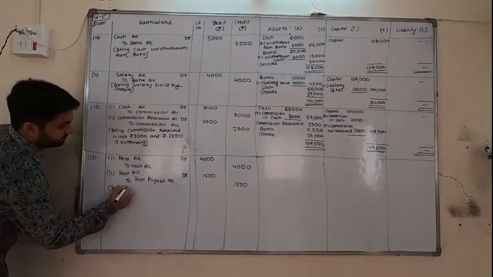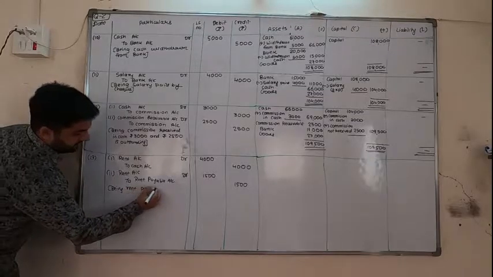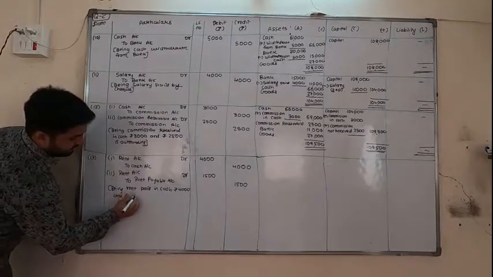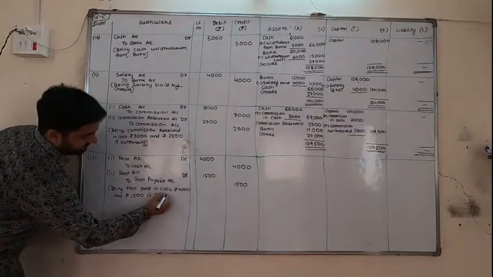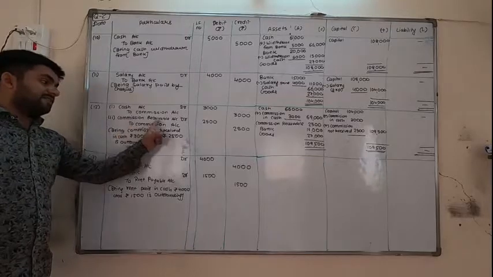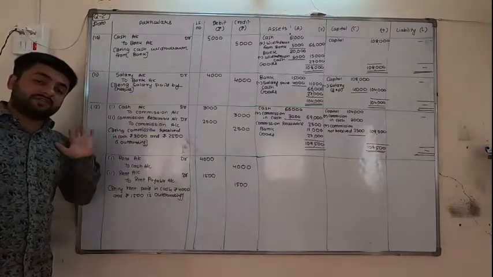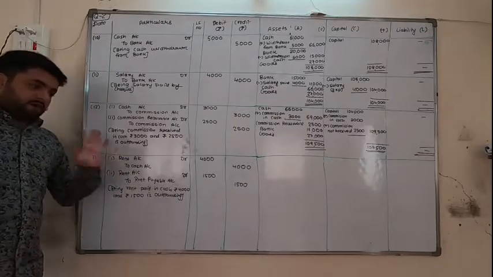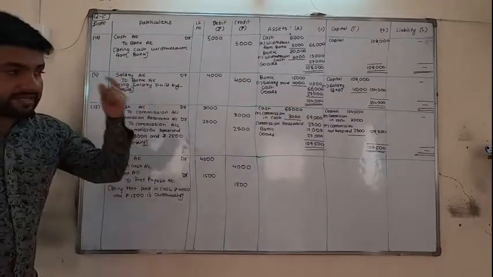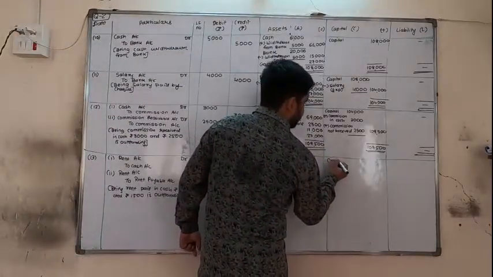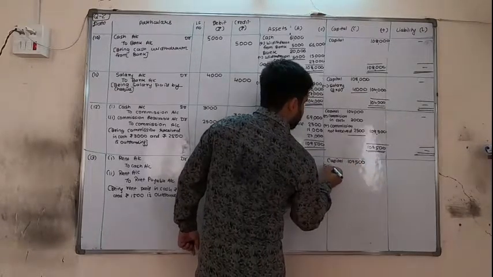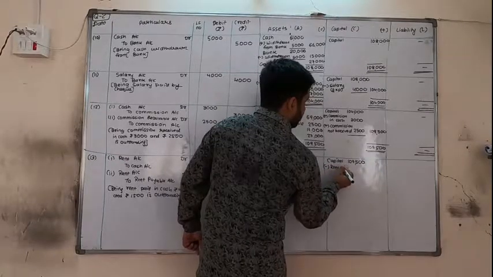B, rent paid in cash rupees 4,000 and rupees 1,500 is outstanding. So friends, when name is not given, you have to use the same word. Here commission is received and another is outstanding, so receivable. Here rent is paid and another is outstanding, so rent payable. Now we will give this. Rent is expense, so expenses and incomes are in capital only. So capital is 1,09,500. Now expense minus rent paid in cash